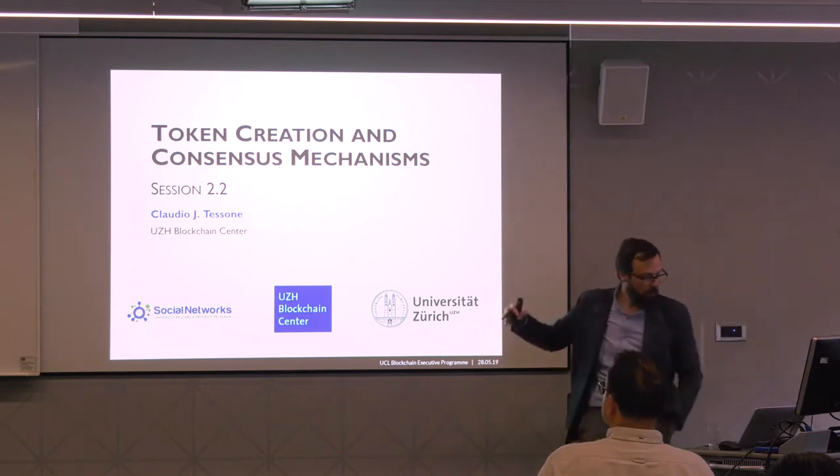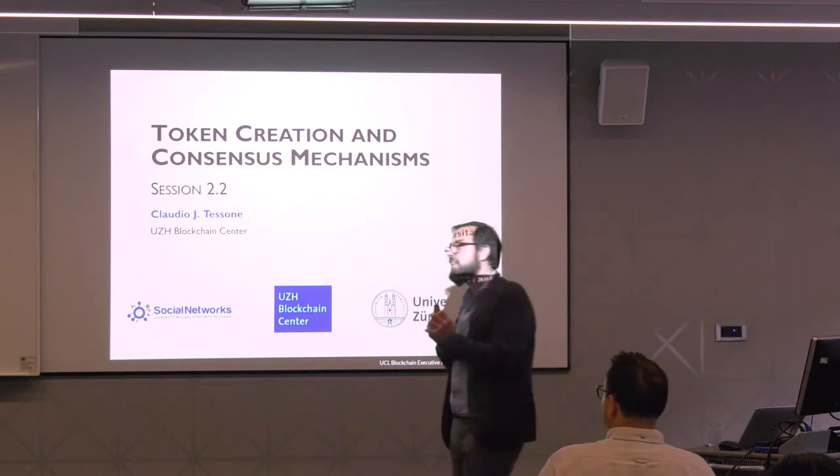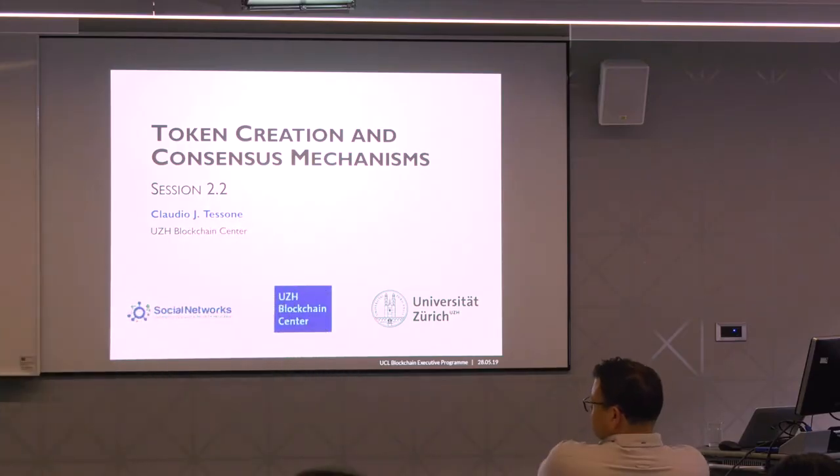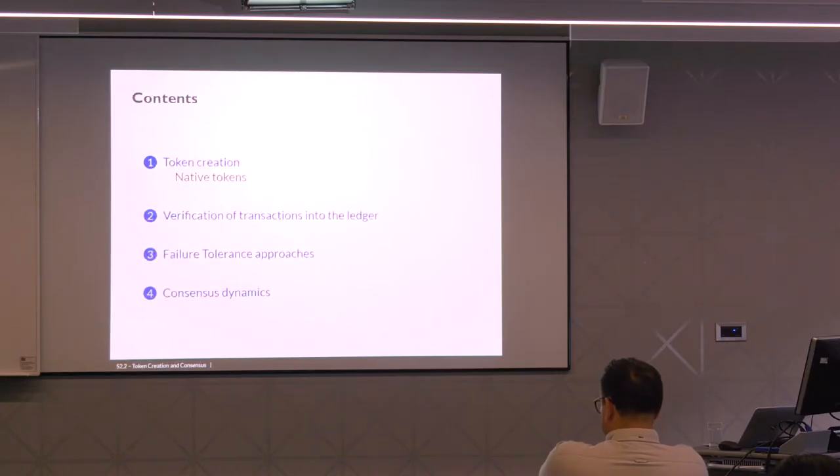We have been talking a lot about the internal elements that describe the transactions. We were only talking about transactions, but we don't know anything about how this relates to the actual working of a cryptocurrency. So let us go to it. And then we are going to talk about token creation, how these tokens are created, because what we have seen so far is that tokens are transacted. But where do they come from? And what is the reasoning of creating these tokens?